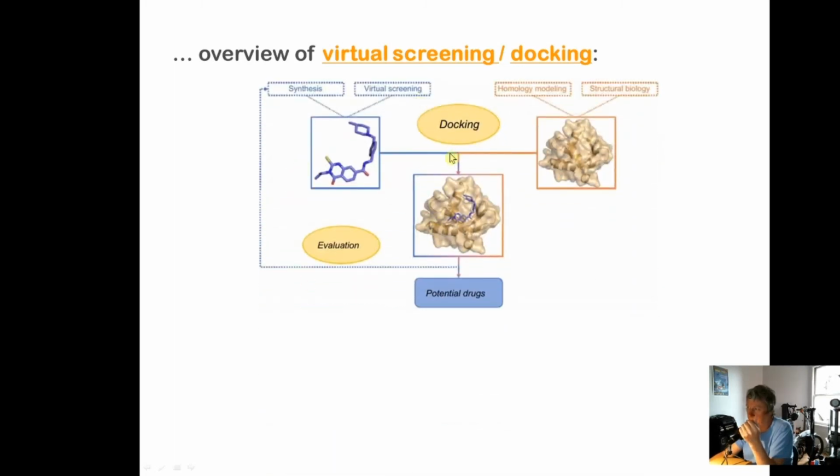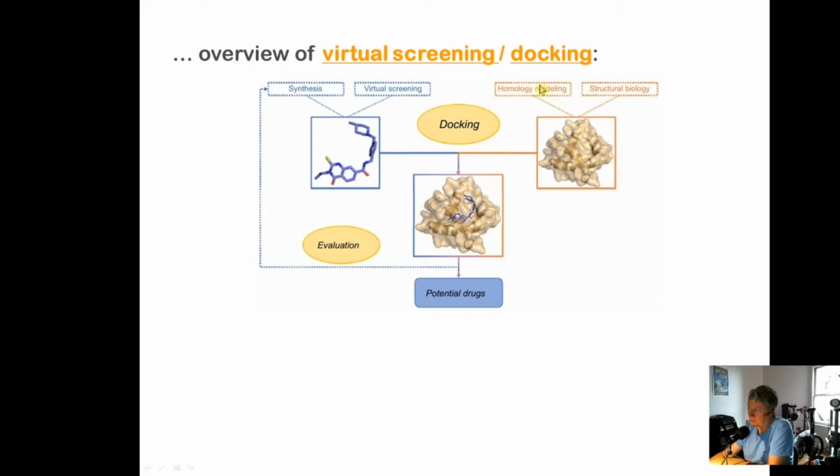So this sort of shows how we might take molecules that could either be synthesized, so we might have made some libraries of molecules related to our drug target, or we could do virtual screening, like looking at large libraries of molecules to dock against our protein, right? So somehow we come up with molecules we want to dock, and then a structure of the protein might come